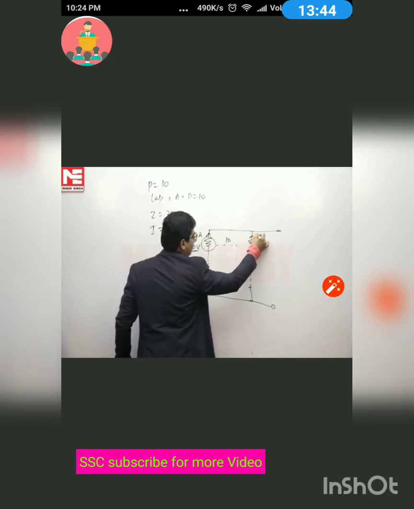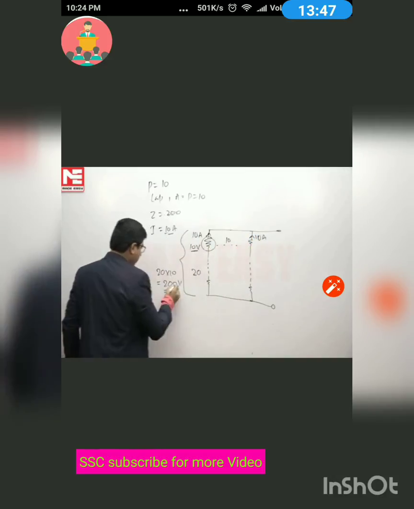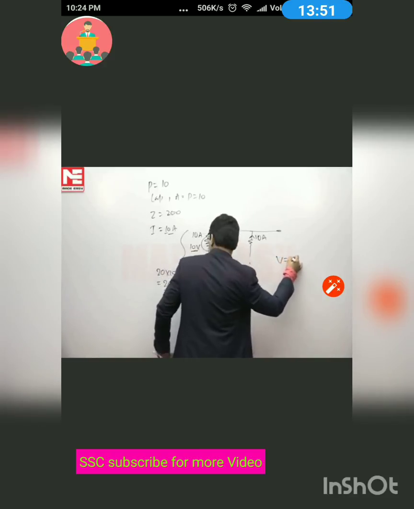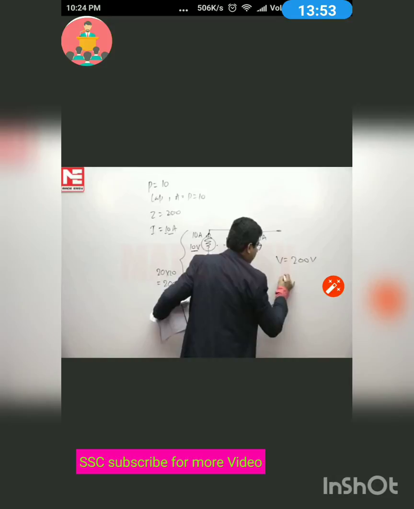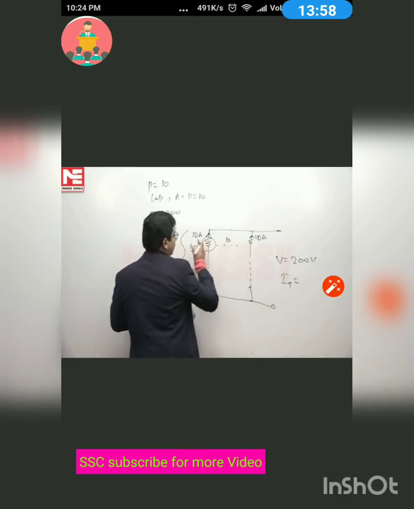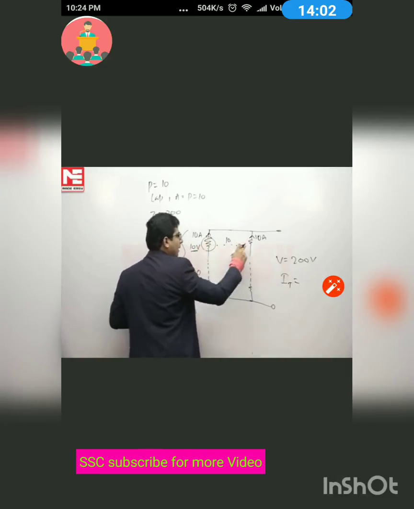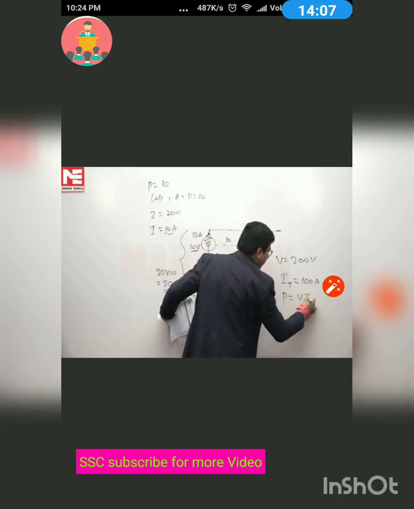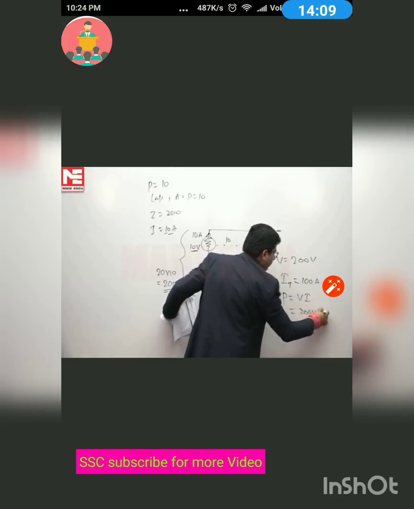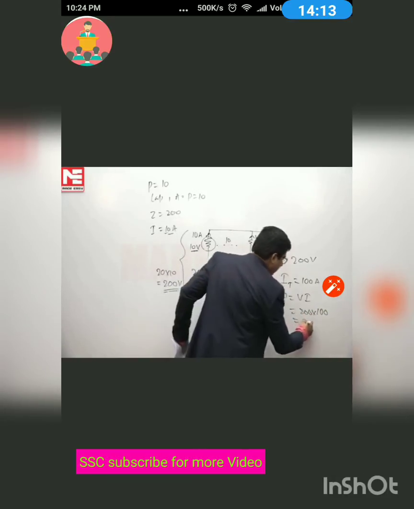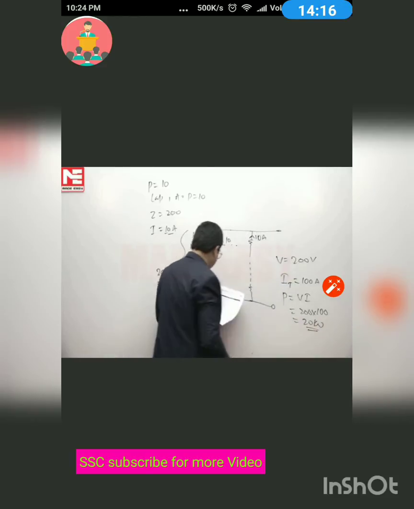So the total current will be, this is the voltage per parallel path or the voltage rating of the machine, that is 200 volt. The total current will be the sum of all these currents, that is 10 ampere per parallel path and 10 parallel paths, so it is 100 ampere. So the power rating is V into I, that is 200 into 100, and the value is 20 kilowatt. So our answer is,